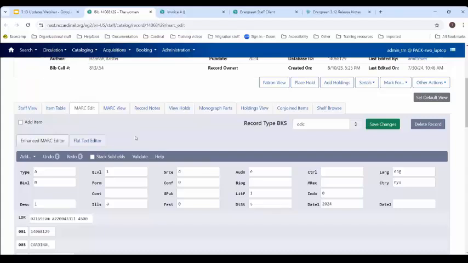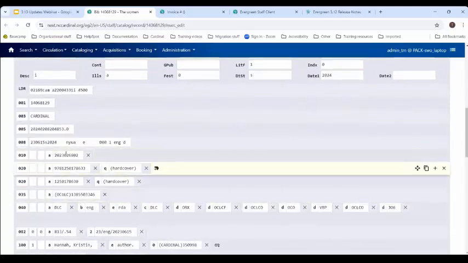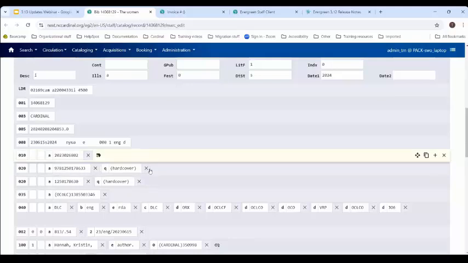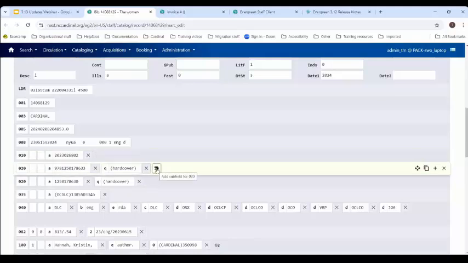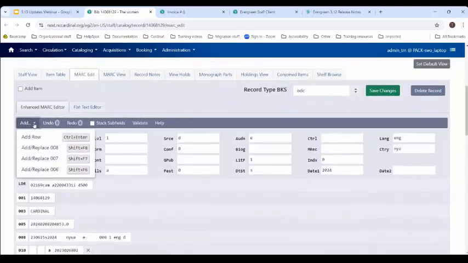Some other things to be aware of is the use of combo boxes for fields and subfields, and then text boxes for values. And so that makes editing a lot easier. So if we come down here, we've always had individual boxes for different subfields, but each of these boxes is now both clearer and easier to edit. You can do a little bit more with adding and removing these subfields a little bit more easily. We also have up here this add drop-down menu that allows adding new rows